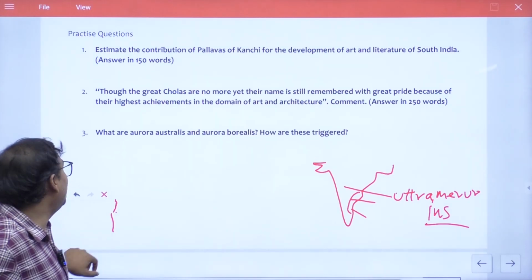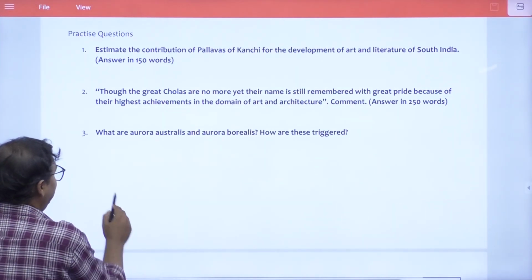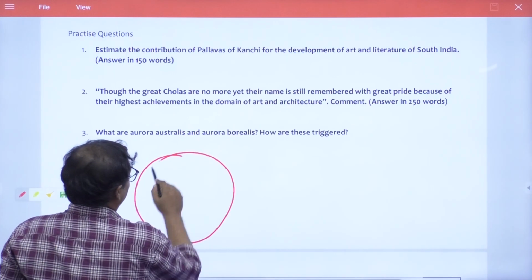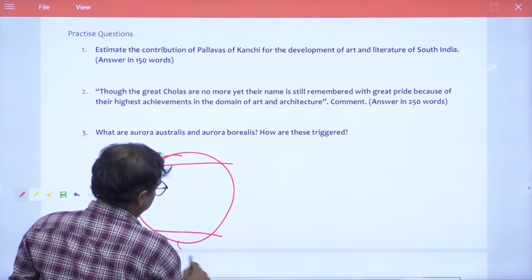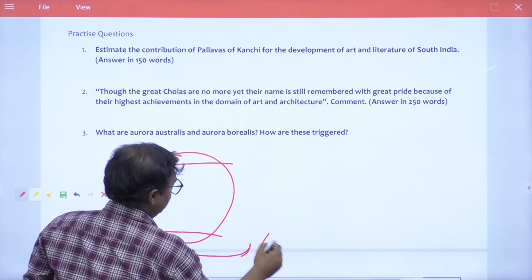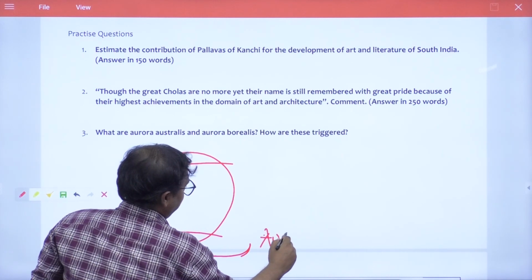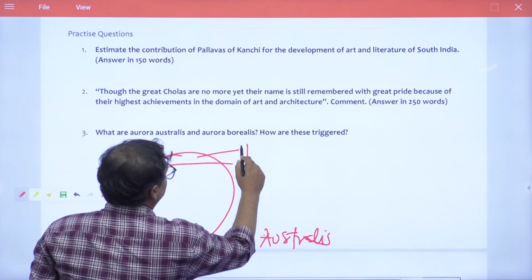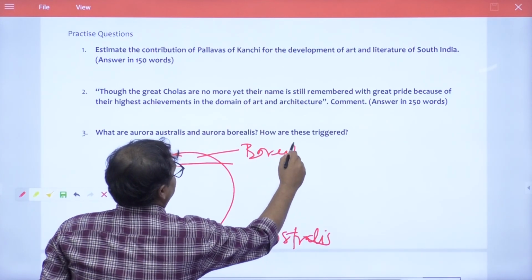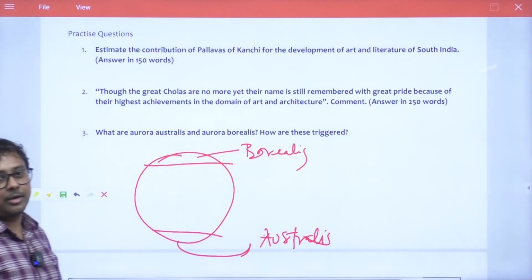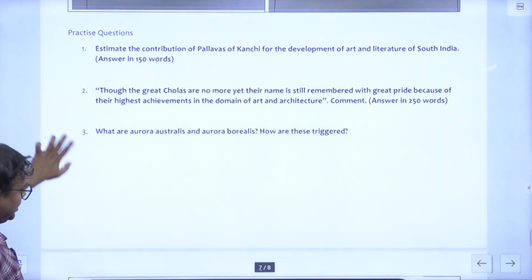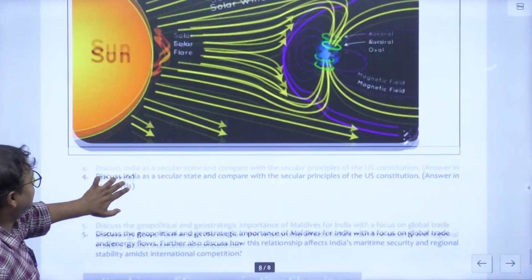Now, please don't do one thing here. यहाँ पर ऐसे मत कीजिए. This and borealis. Don't give this diagram. You will not get marks. आपको कौन से diagram देना है? नीचे वाली डायग्राम, राइट? अरे दिस